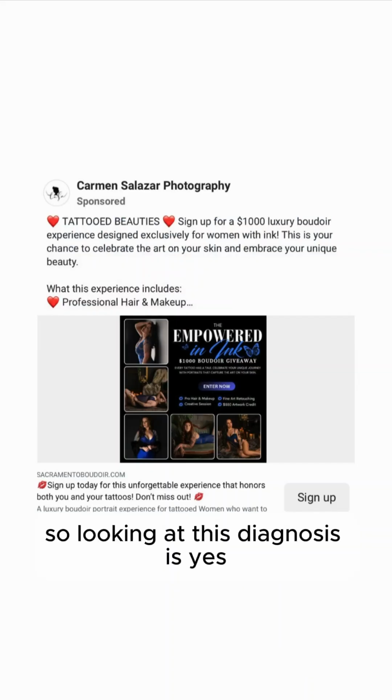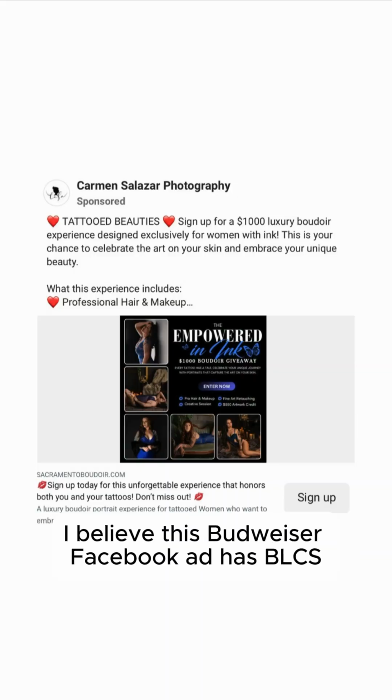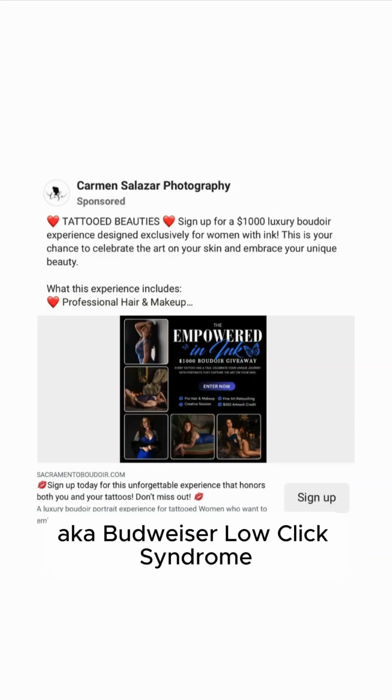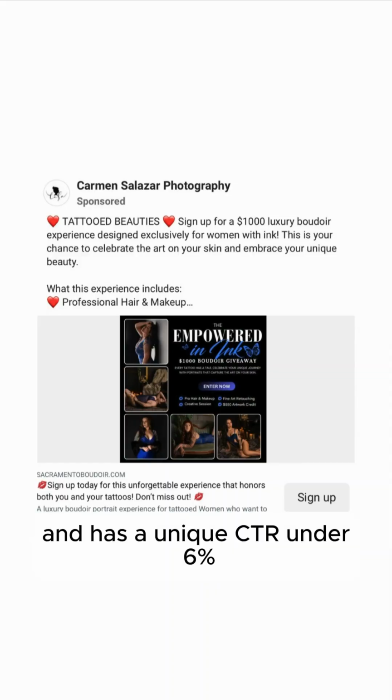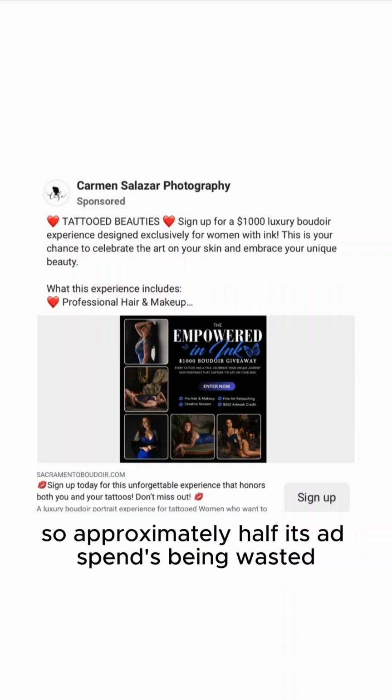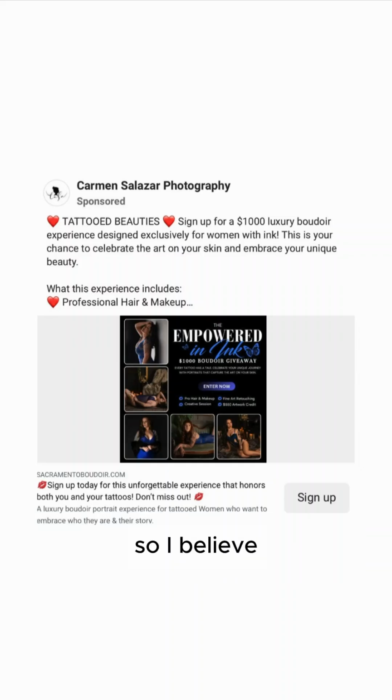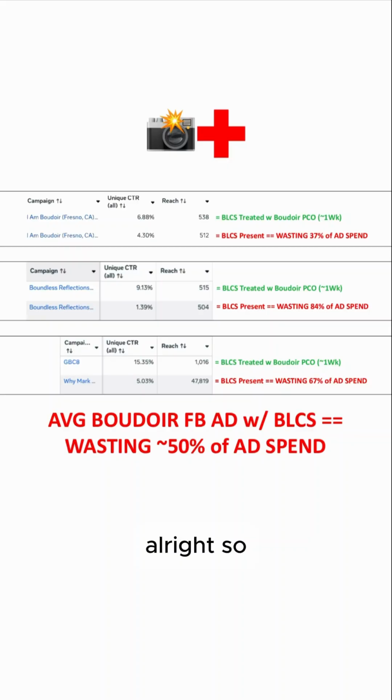So the diagnosis is yes, I believe this Boudoir Facebook ad has BLCS, aka Boudoir low-click syndrome, and has a unique CTR under 6%. So approximately half its ad spend is being wasted. So I believe approximately half its ad spend is being wasted every single month. All right, so